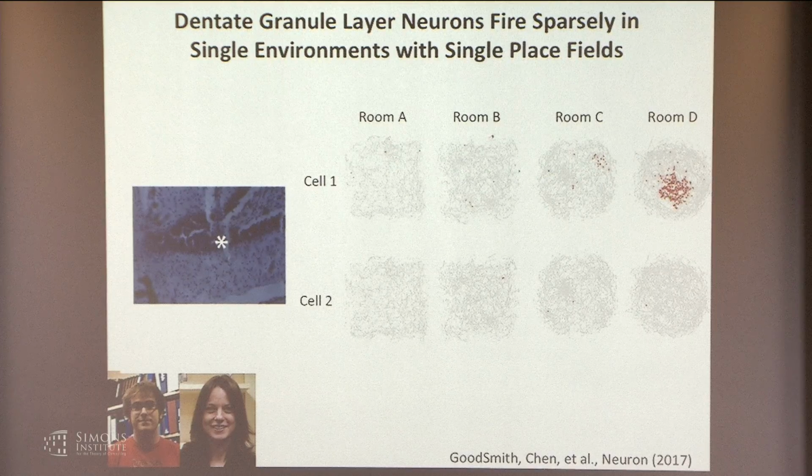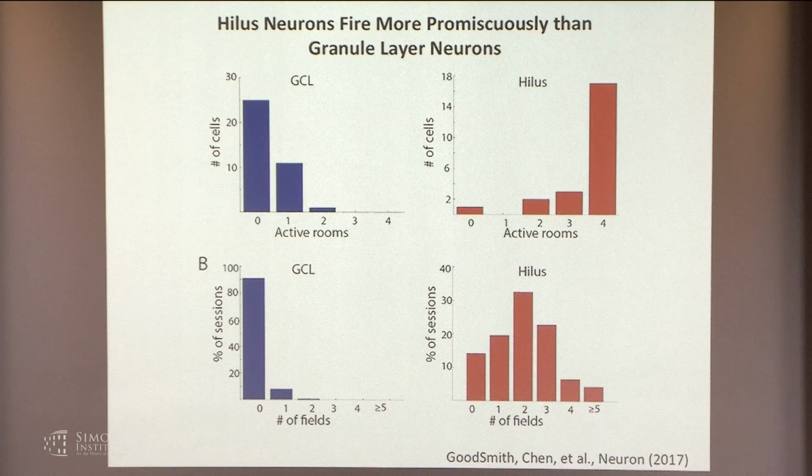A little bit of a firing property here. The 2 examples I'm showing from here and the previous slide were actually very typical examples of what the recordings were like in the granule layer versus in the hilus. So this is what we always thought classically that granule cells should do. Very sparse coding. The cells don't fire much at all. In most environments, they're silent, but when they do fire, they fire in a single field in only 1 of the 4 environments. So these results are consistent with this expansionary coding idea that people have thought for a number of years. So here's some summary statistics on all this.